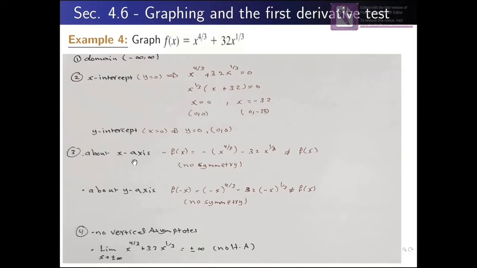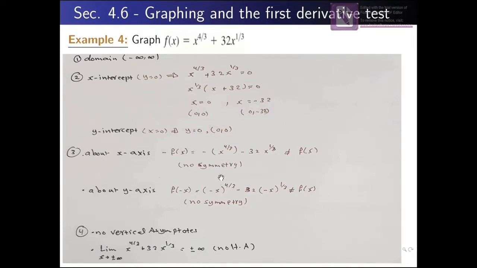For the symmetry about the x-axis, we need to multiply the function by minus 1. So minus f(x) will give us minus x^(4/3) minus 32x^(1/3). If you compare this one with f(x), they are different, so there is no symmetry about